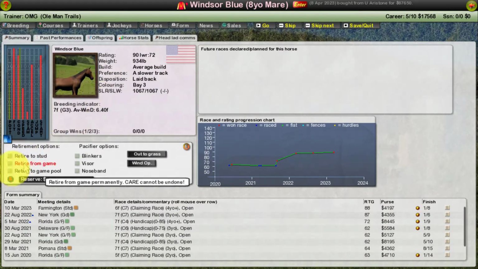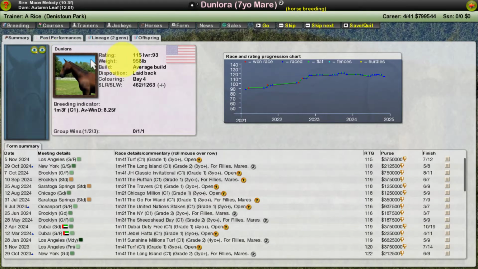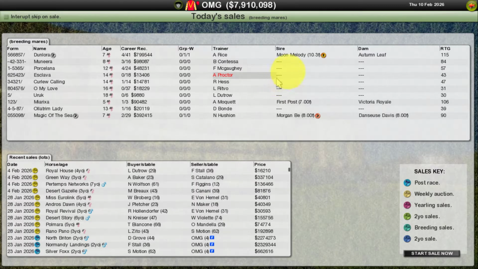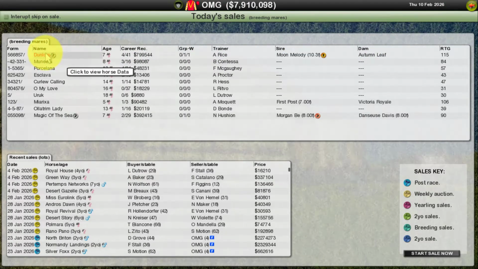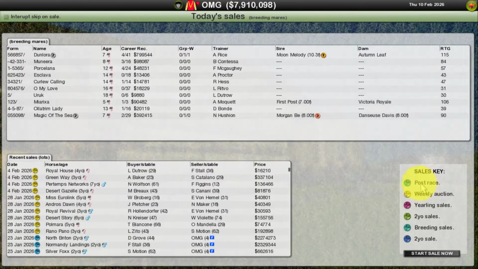Okay, at this point, I will click the auction button for Windsor Blue. We'll take a look at who they have. Ooh, look at this. Okay, I like Dunlora. Oh, and look at her lineage. She's a grade 2. She comes from a grade 1 father. So I'm definitely gonna pull that one. I'll consider this 106, but she's not graded, and like I said, I'm trying to stick to graded horses. So yeah, I think we're just gonna go after Dunlora in this sale. Although, hold on,